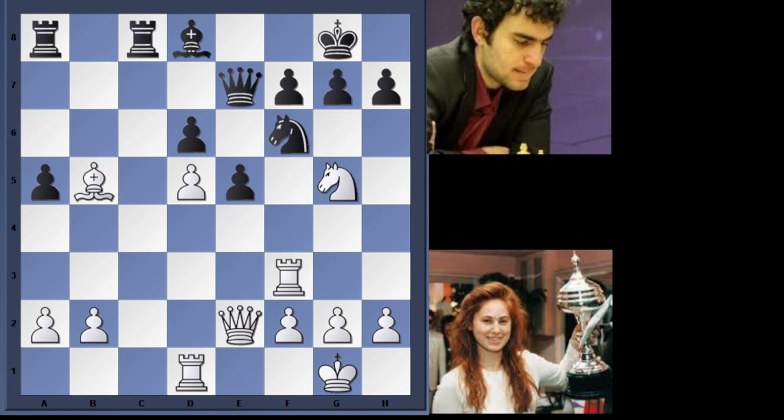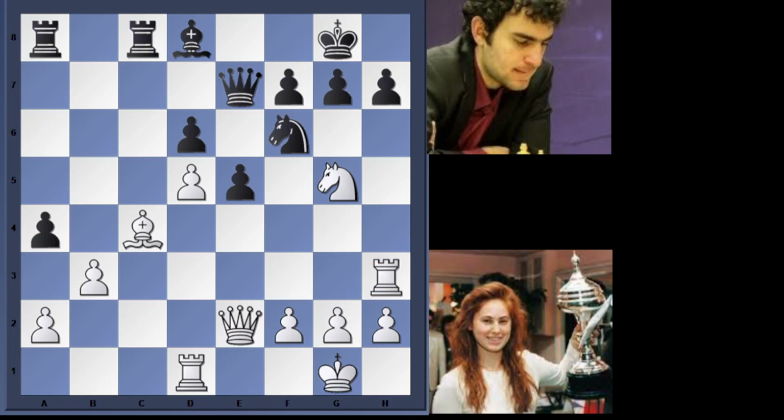And white really has a lot to still prove in that position, but like I said, bishop b5 is definitely an option there. Instead, b3 was played, a4. I like black's minority attack here. Rook h3, g6, and queen c2. So you can see Polgar's trying to find some attacking schemes in the position, but just